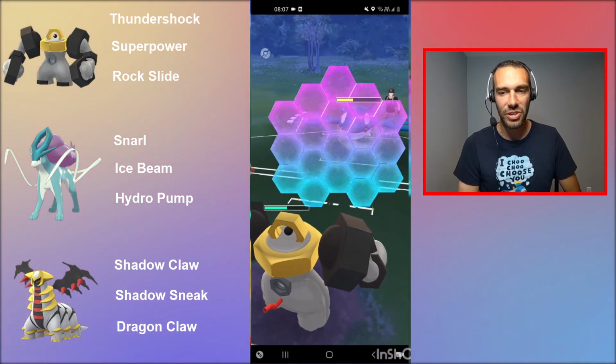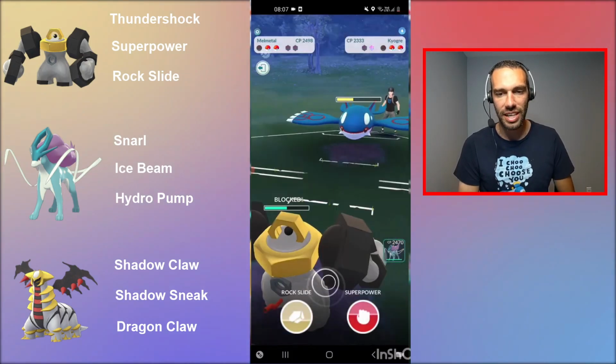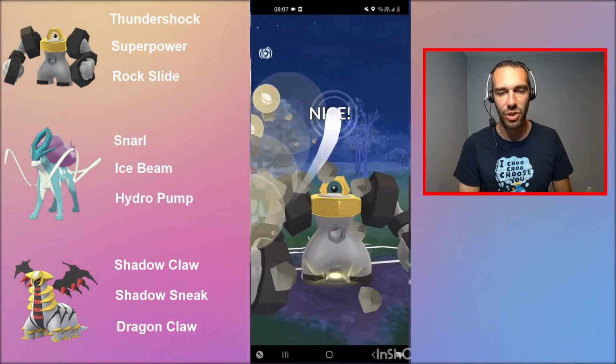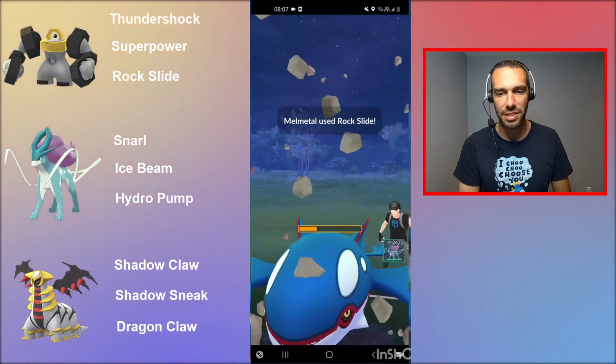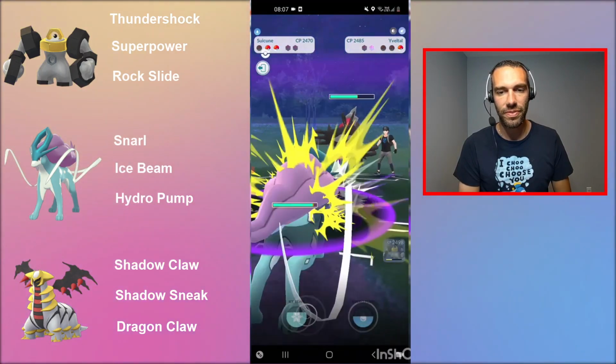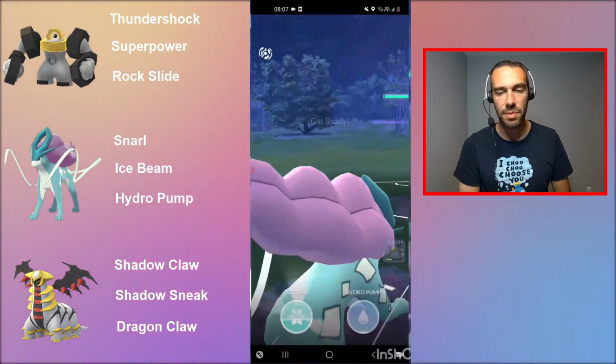You don't have the same bulk that you do in the Master League. So these Rock Slides are just doing so much, and you're loaded. So if they shield us, you're just going to go back to back here. Yeah, they just let it go. Come with your own Suicune. And this is why the Ice Beam...